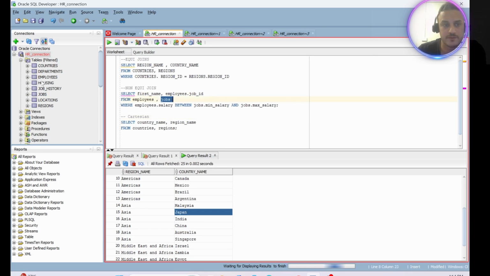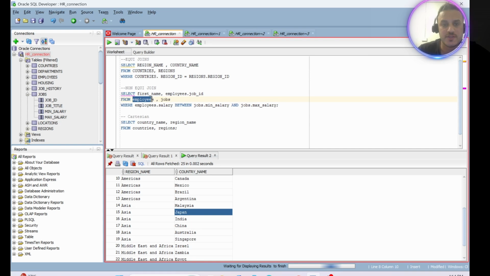So if you check jobs, I have job underscore ID. If you need to specify which job ID you want, just put employees dot job ID or jobs dot job ID, so this column belongs to this table. So select first name, employees job ID